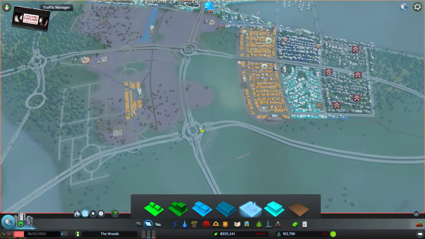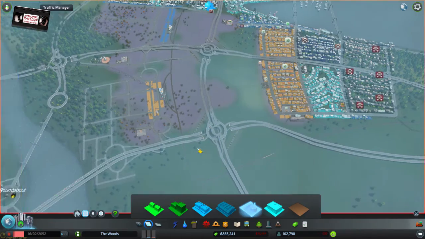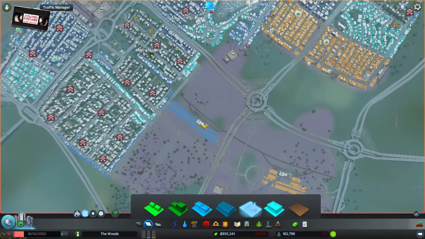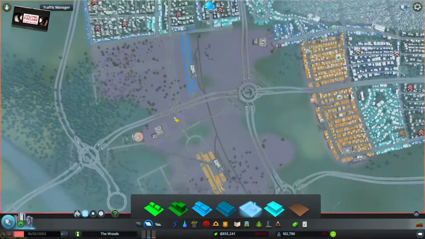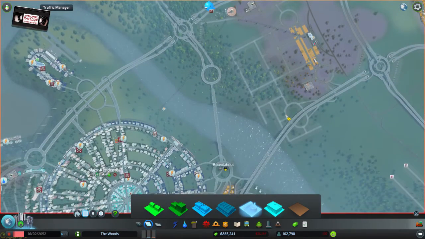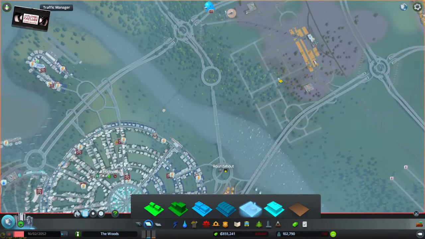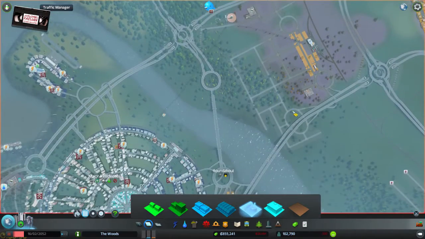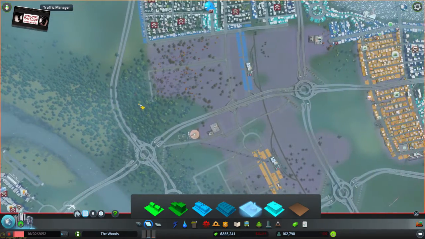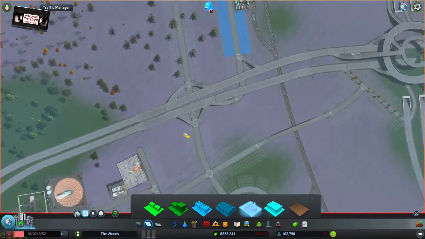So we've got 3 of these rather splendid looking but as yet untested, so we don't know if they're effective or not, eye-shaped kind of roundabout intersections, and in between those we're going to link more traffic circles up here. You know, we've got one going under the bridge, we've got another one here that I'm going to link up. Basically, I want to try and make it so that our traffic has as many options as possible